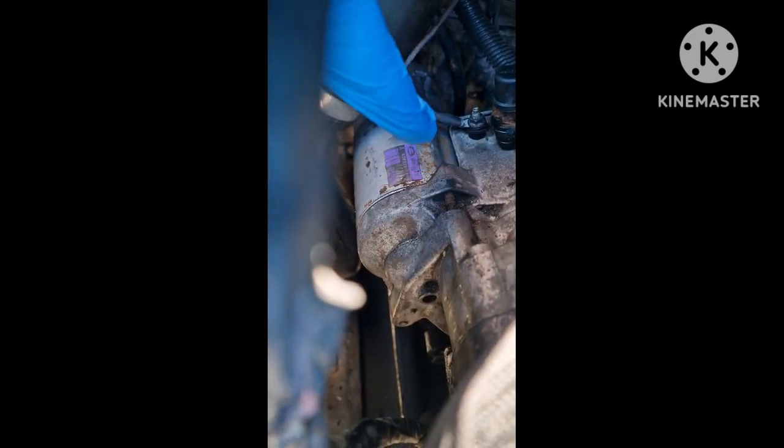Right, start motor back in the car. As you can see there, there's a little 8mm nut which is holding the switch live for the ignition, and you've got a black cap there, which is the 30mm, the positive feed to the starter. And what I did when I took it off, well, I've just done it now, I should have done it